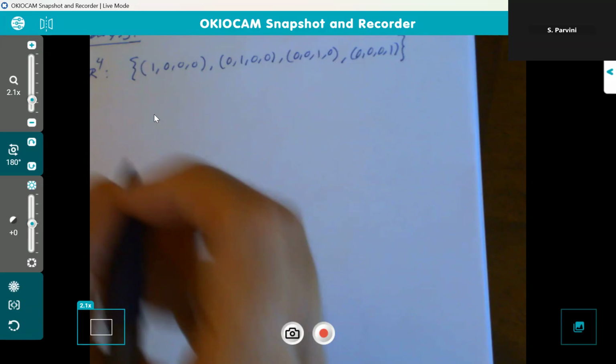How about, let's say, number 6? Number 6 is P2, the basis for second-degree polynomials, right? Now, for this one, remember, again, a polynomial is like this, ax squared plus bx plus c,